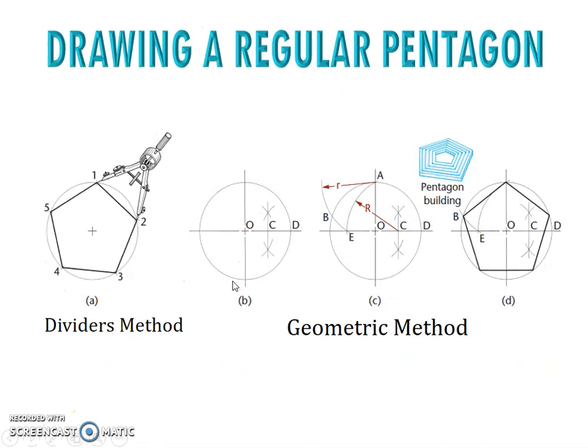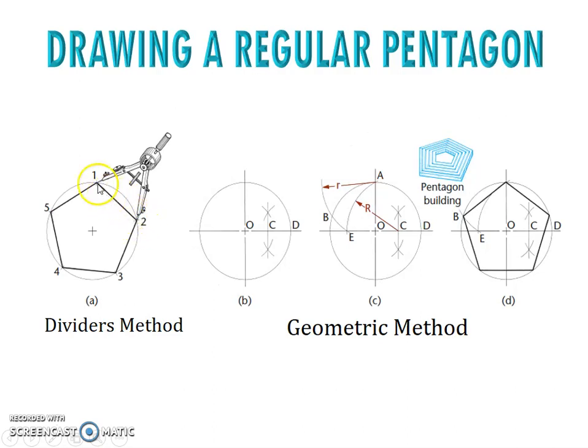Next is drawing a regular pentagon. How do you draw the regular pentagon? There are two methods, the divider method and the geometric method. For the divider method, usually the circle is given and the distance for the pentagon is given. So you draw the circle according to the diameter given. Then by using the divider or compass, you measure this on your ruler, and